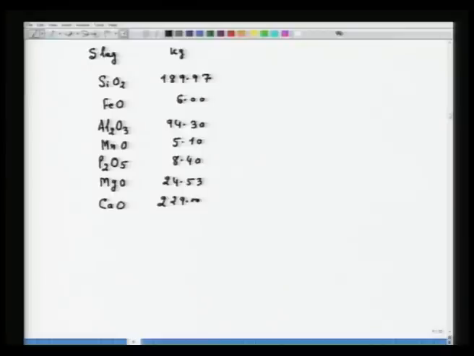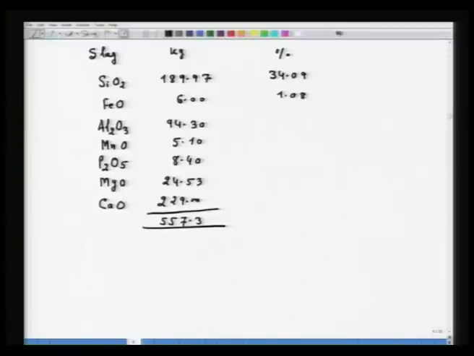So, the total will give you around 557.3 kg. So, in percent, we can calculate, that will be 34.09,